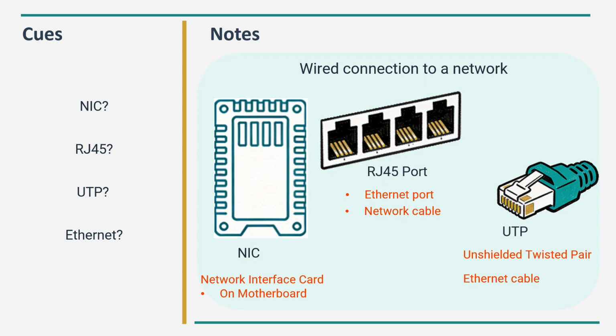Many learners mix these three up. Please make sure that you know why the NIC differs from the RJ45 and what the UTP actually is. The NIC is the card on the motherboard, and the RJ45 port is the Ethernet socket where the Ethernet cable plugs in, and the UTP is the literal cable with the connector. In exam scenarios about wired networks in a school or server room, look for the words RJ45 or Ethernet or NIC.